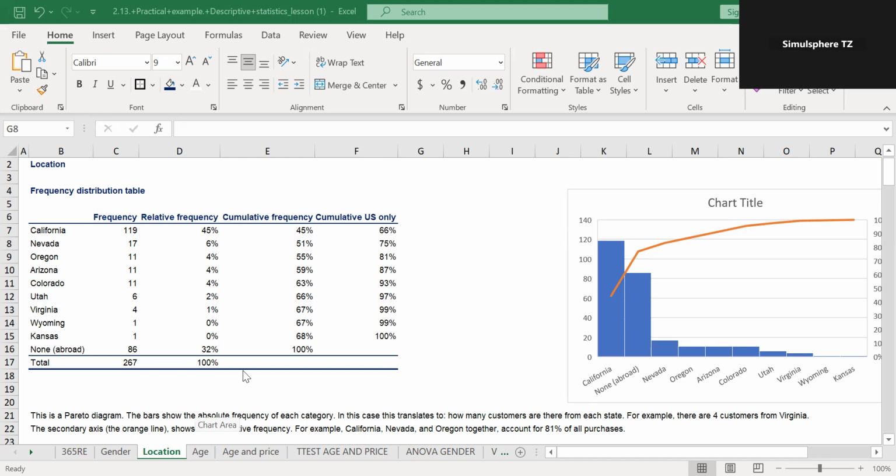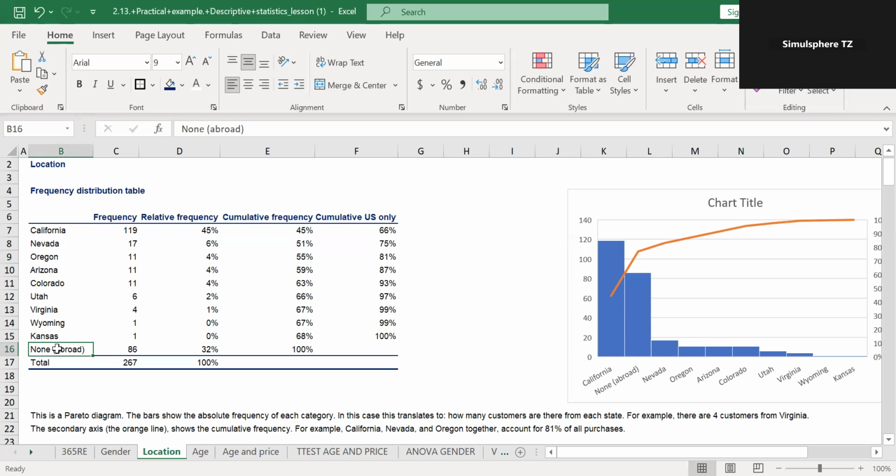It is assumed that wherever these people were located, somehow we had marketers reach out to these specific locations or they saw our advert. So we want to see the population of the locations in the US that signed up for our property program and actually made a purchase. So we've seen that in our data set, we had people from California, Nevada, Oregon, Arizona, and the rest, and even people that were